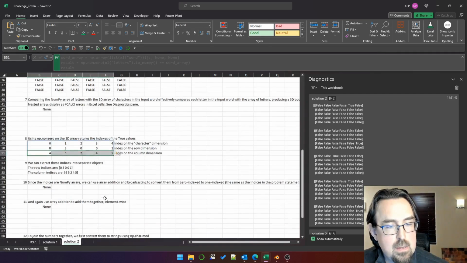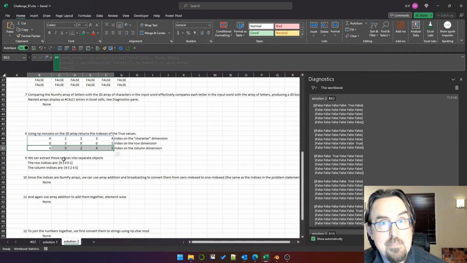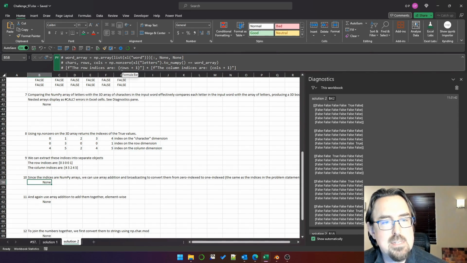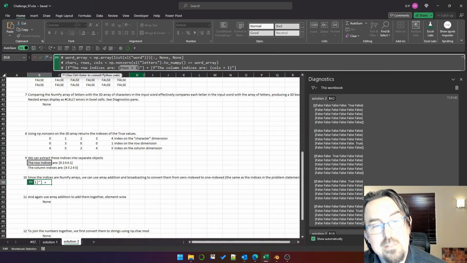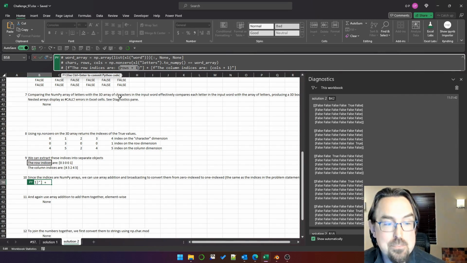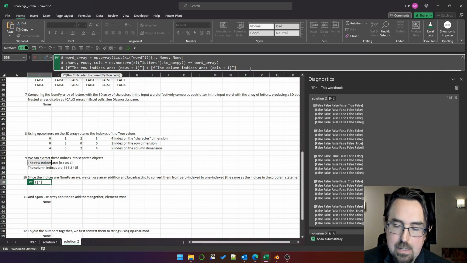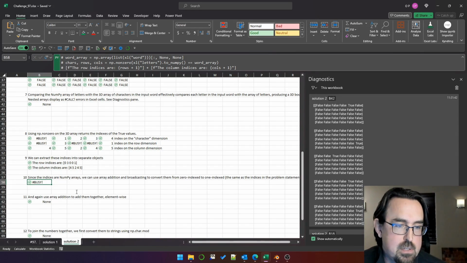this one. Of course, the problem statement says the coordinates of the letters are 1 indexed, not 0 indexed. So we just need to add 1 to each of the elements of these 2 arrays. And that's actually really simple. You just add 1 in the same way that you would with a dynamic array in Excel. And the +1 is broadcast over each element of the array that it's being added to. That's a bit of a mouthful, but it produces the result that we want,